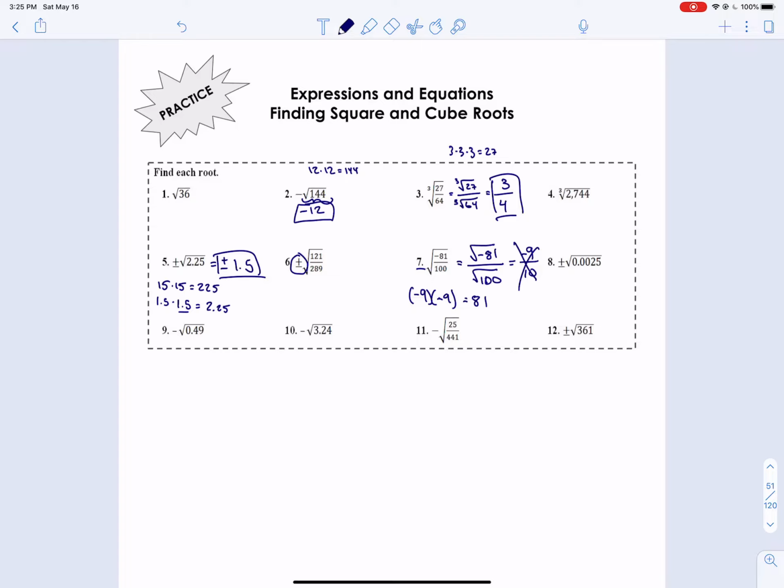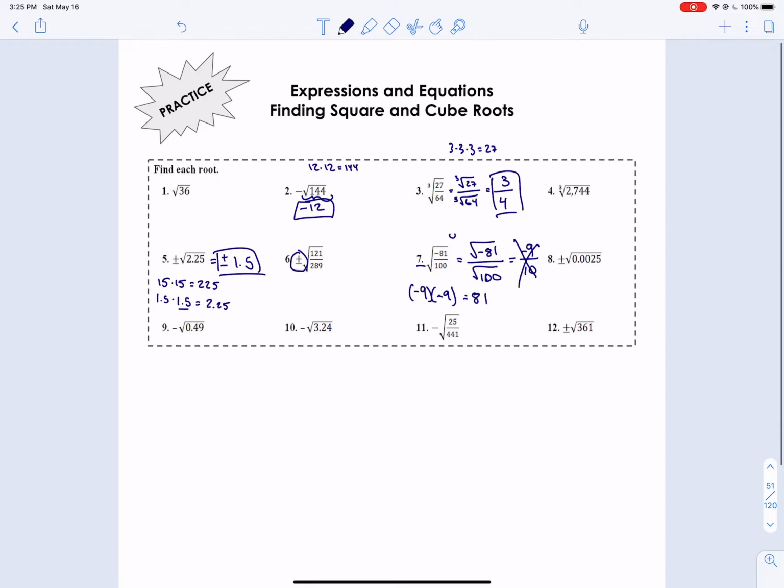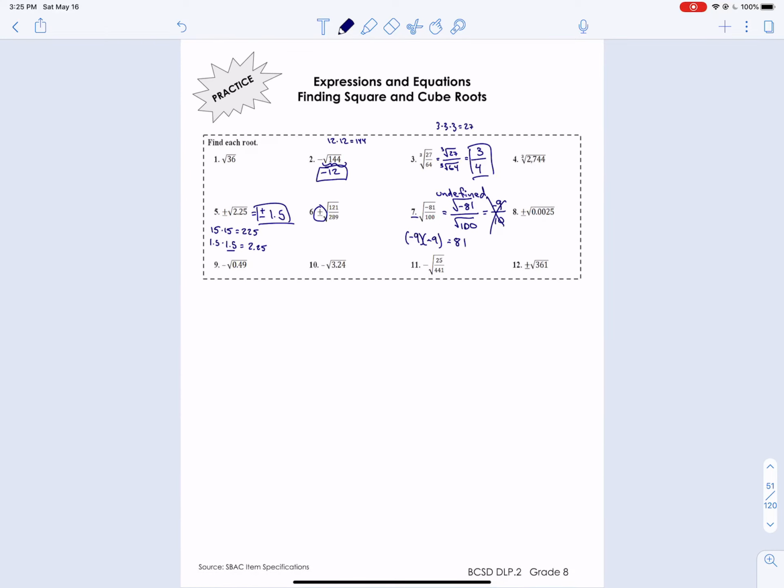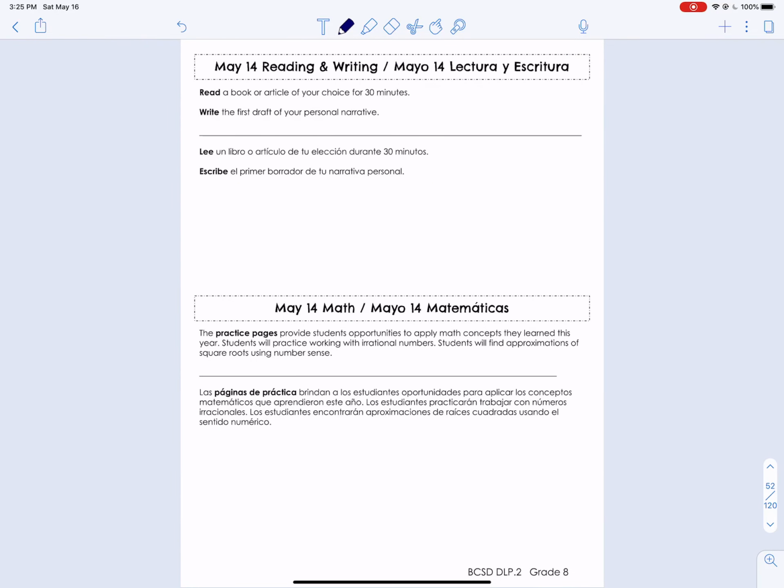Okay, it is not negative 9 over 10. So let's just call it undefined. And all the rest are fine. That was just, I think, probably a mistake. But yeah, we will run into that, and we just need to know that we cannot take the square root of a negative number. Okay, that's it for day